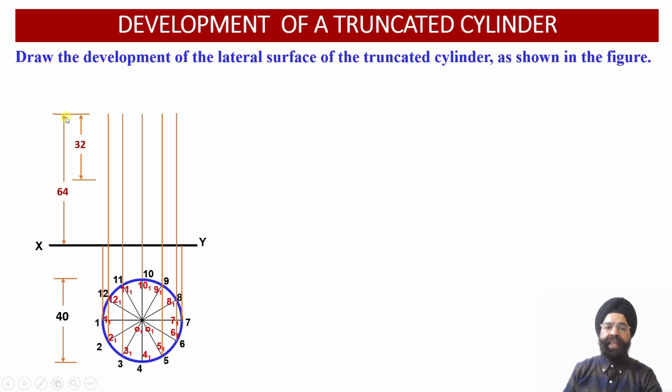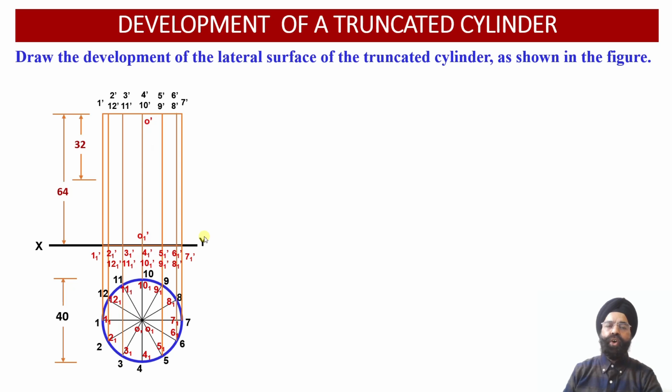We know that the height of the cylinder is 64 millimeter. Once we know the axis height, the front view projections of the cylinder can be obtained. Now we have got 12 vertical generators of the cylinder, so that we will be able to locate the multiple cut section points onto all of these generators